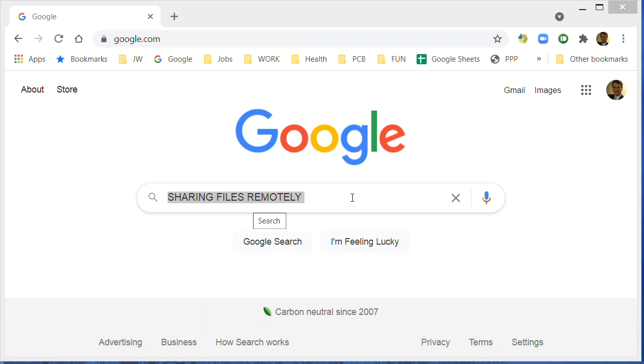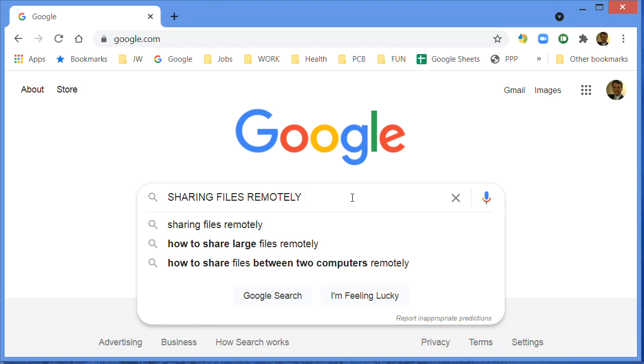Here's the video for sharing files remotely with Google. Trying to make this as simple as possible. I don't even know if one's existing out there. But there's a lot of patients out there who share imaging files, CDs with doctors and